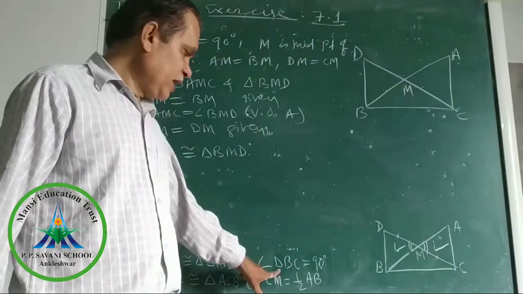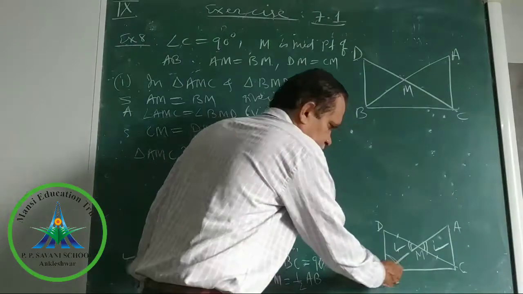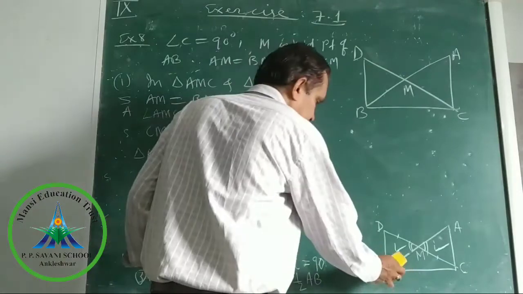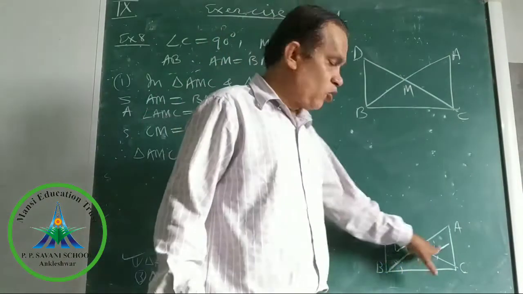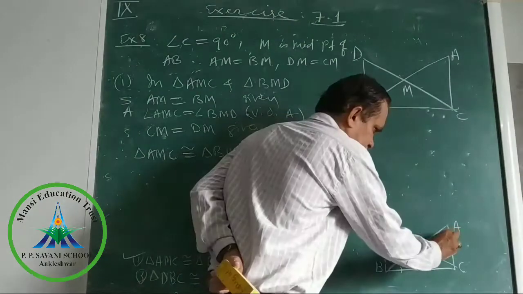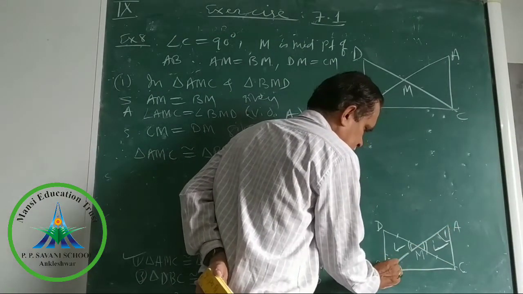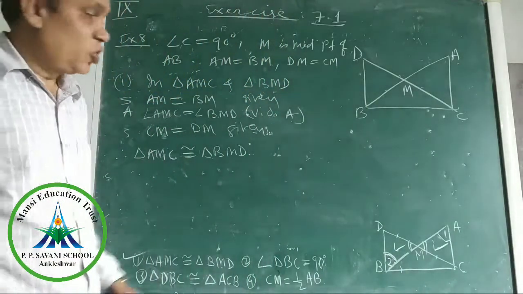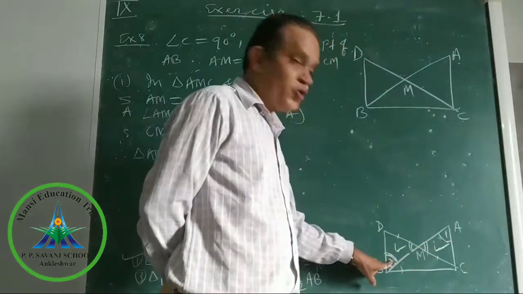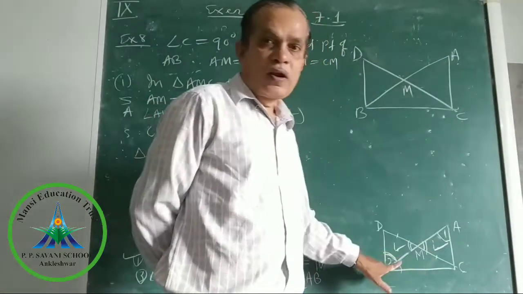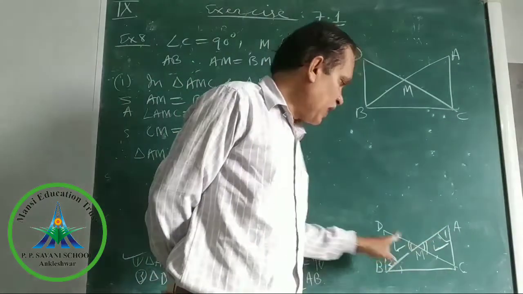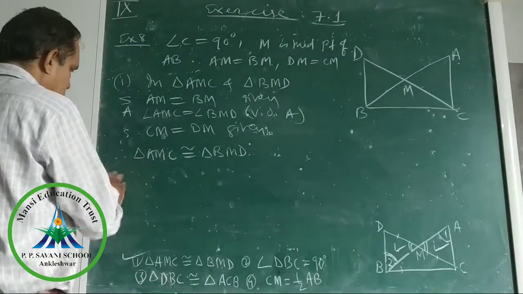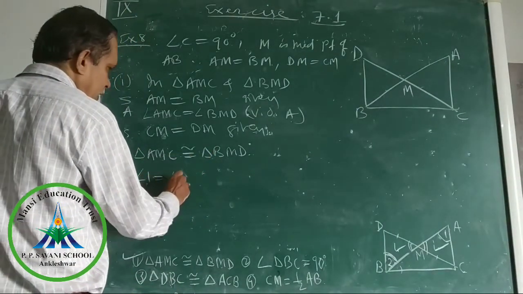Now second part, to show angle DBC is 90 degrees. Now see, consider it properly. If we have proved these triangles are congruent, then angle 1 equal to angle 2 by CPCT. Yes or no? Students, all of you look here. If angle 1 and angle 2 are equal and they are alternate angles, therefore AC parallel DB. So write down: therefore, angle 1 equal to angle 2.